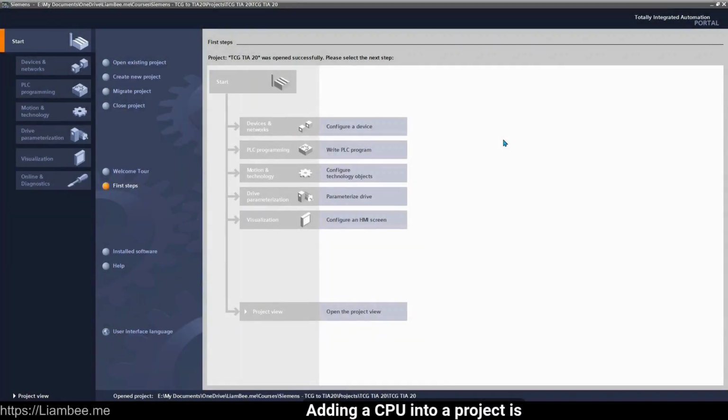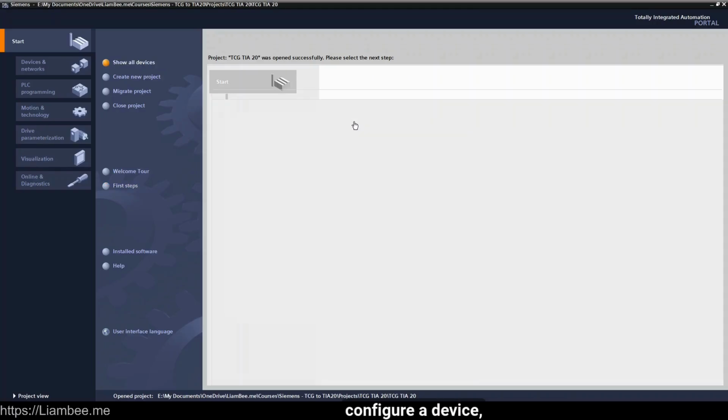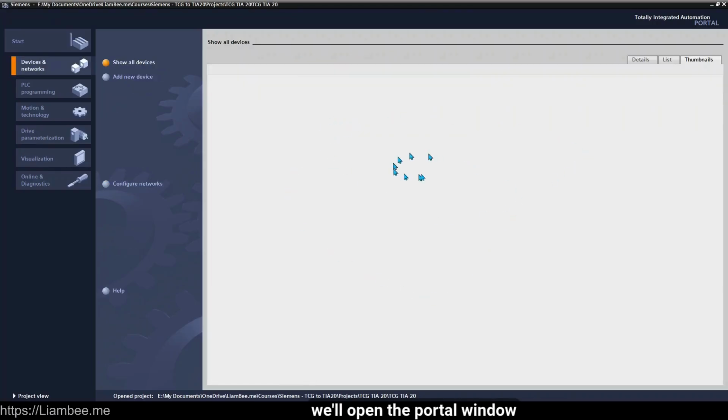Adding a CPU into a project is quite straightforward and self-explanatory with TIA Portal's wizard, which we can access from both the portal view, which is what you're looking at now, and also the project view. But I'm going to demonstrate this through the portal view. So by starting on first steps and coming to configure a device, we'll open the portal window that shows all